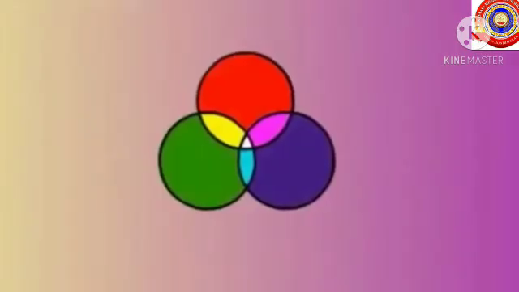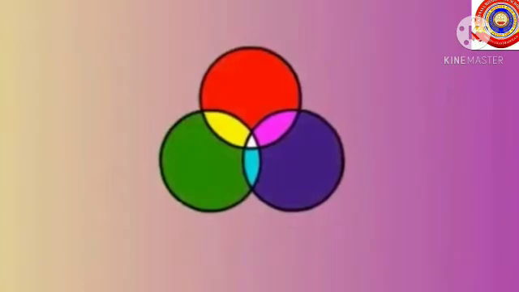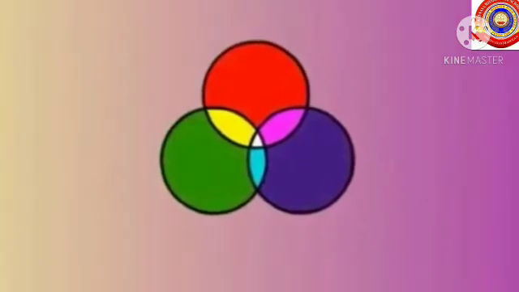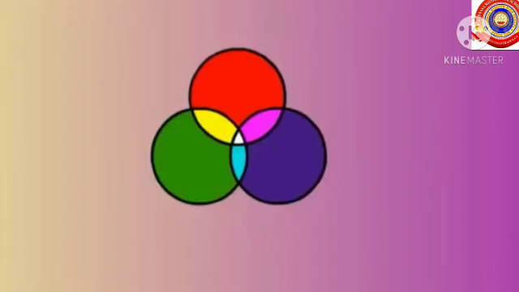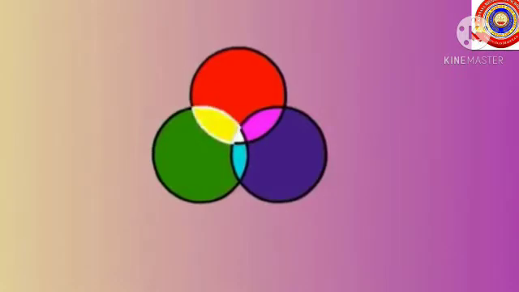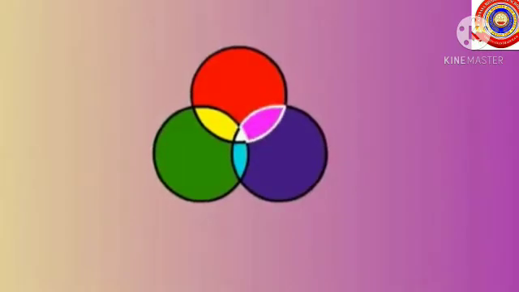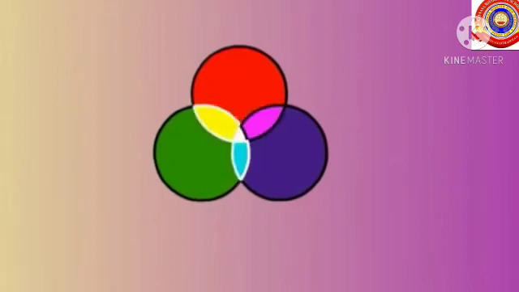We know that blue, green and red are primary colors. When the immediate combination of these 3 colors combined together, we will get secondary colors. By mixing blue and green, we will get the secondary color cyan. And by the combination of red and green, we will get yellow as the secondary color. And by the mixing of red and blue, we will get magenta. And by combining the secondary colors yellow, magenta and cyan, again we will get the white light.